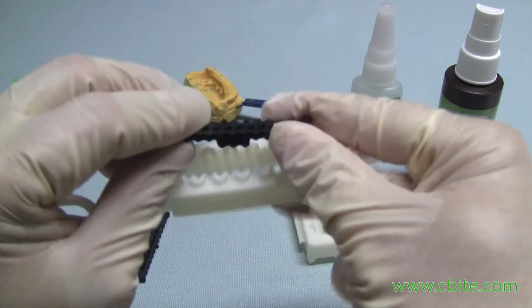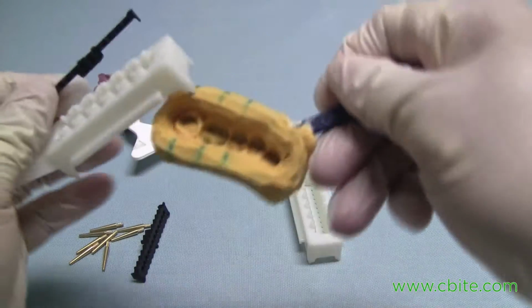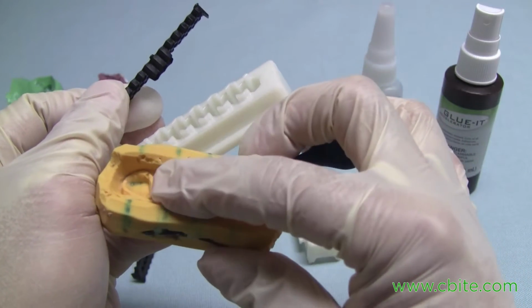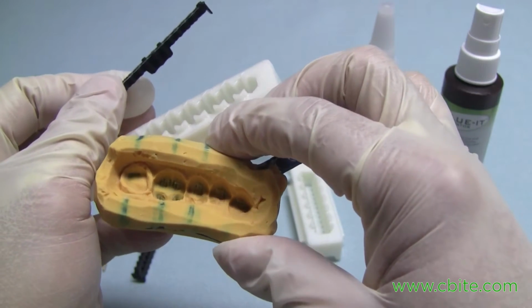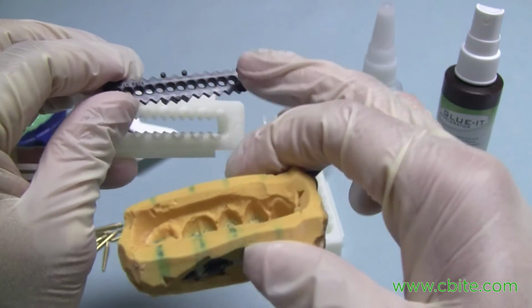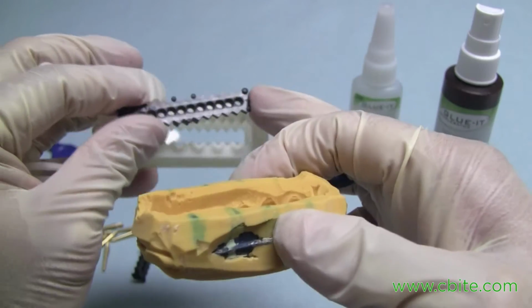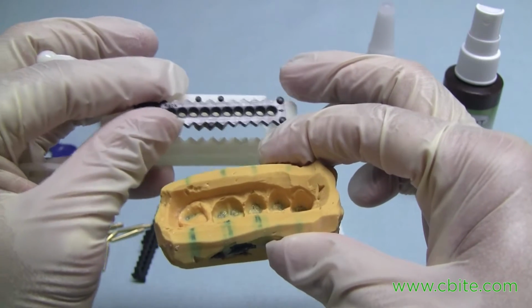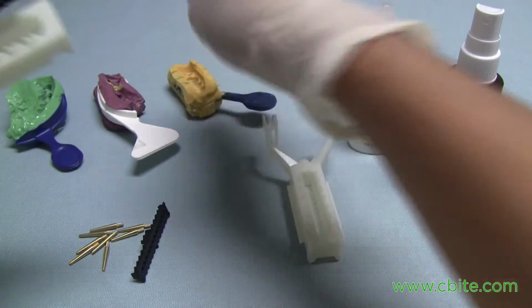Now, if I'm just going to do, let's say, this impression that has the molar in the back there, that's the prep die and nothing else. So it'll be just one side. All we'll need to do is on the master side, on the prep side, we're going to use a pin rack. That'll allow us to use a metal pin. On the other side, we won't need it. So in this case,